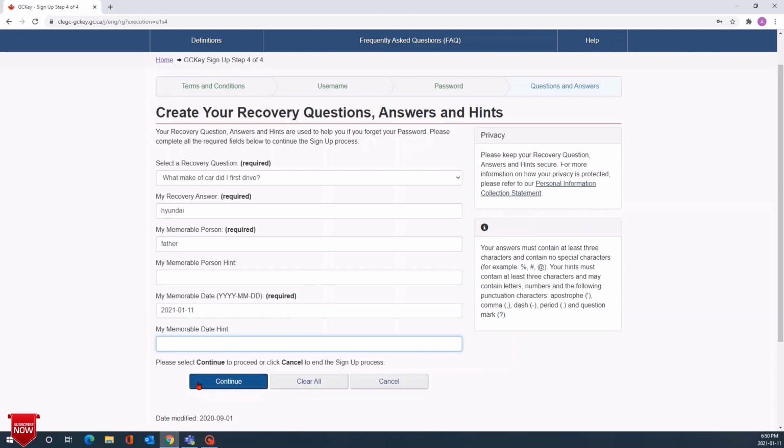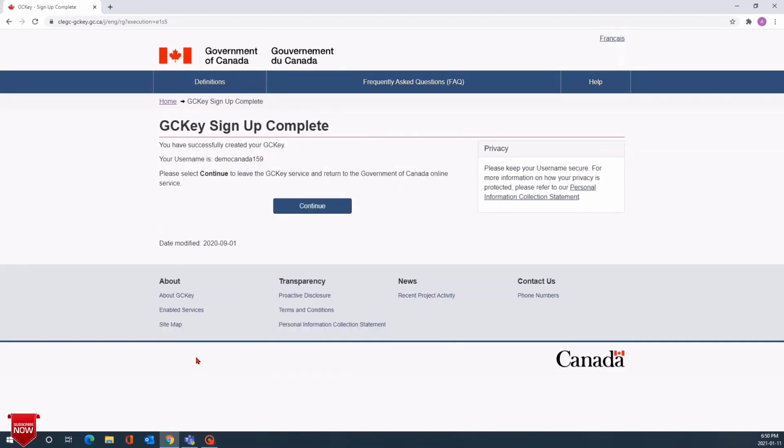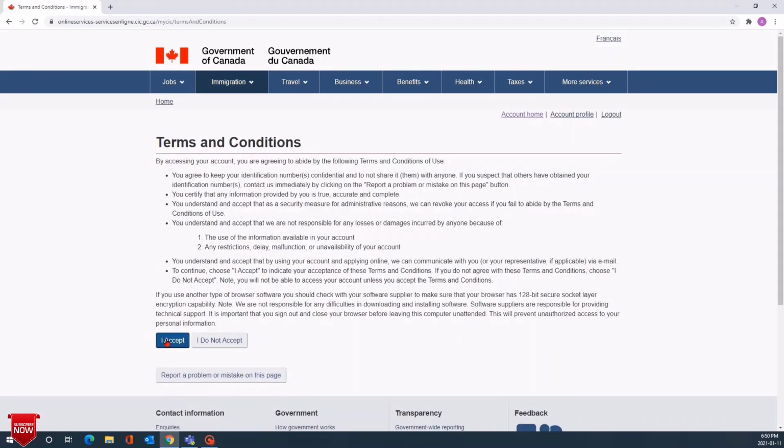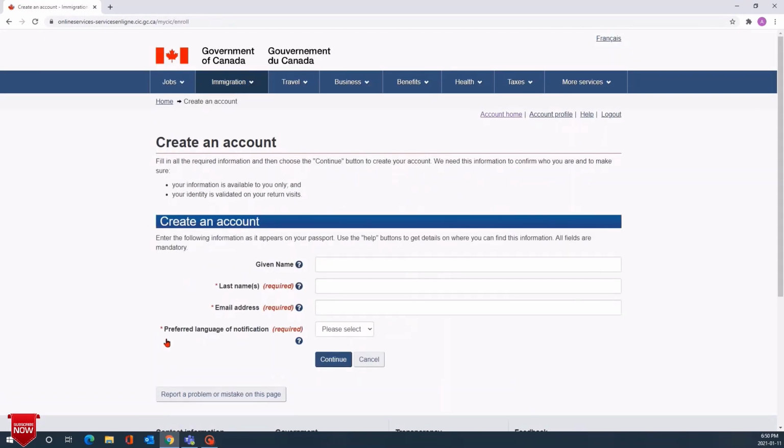Make sure you take a picture of your recovery questions and answers. After that, we are going on to the next tab. Click on continue again. Now accept the terms and conditions. Now you need to create your account using your passport information.